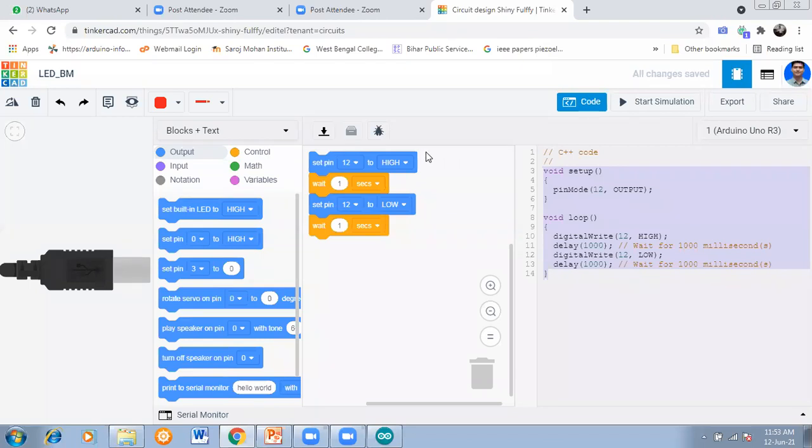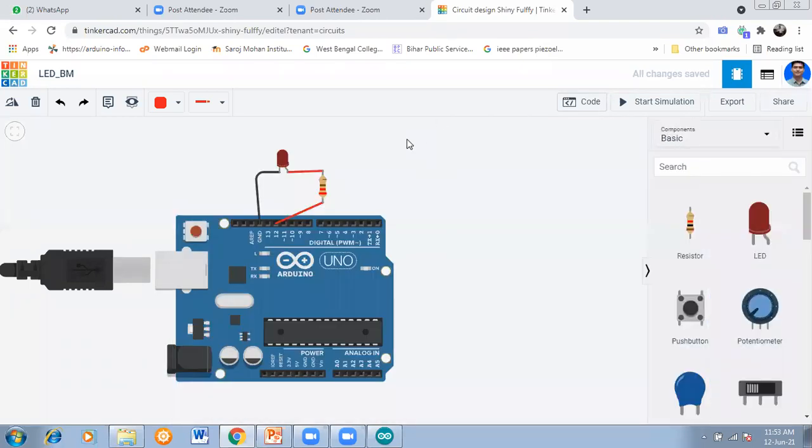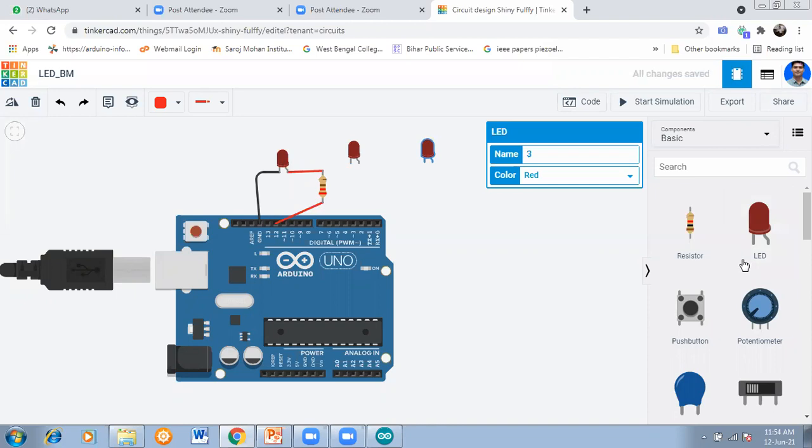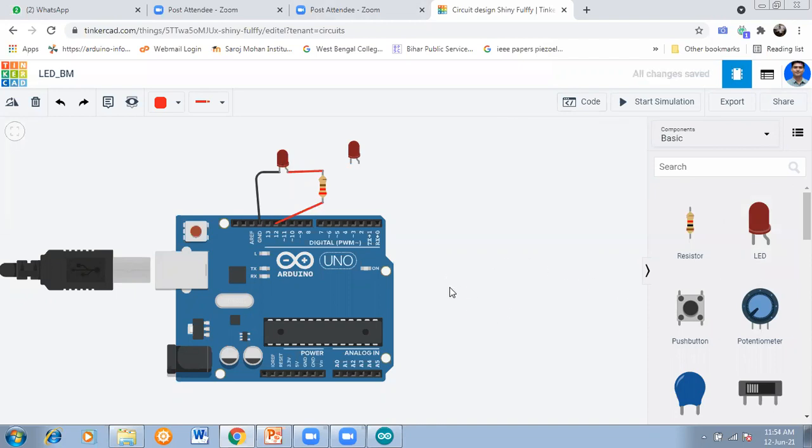So now we'll go for using more than one LED. So then you will be more clear. So suppose we use 3 LEDs. Okay. So click it. I've given it there. So click. You have taken 3 LEDs. So better I can use a breadboard also. Then you will understand how to use the breadboard also. Okay, so I am using a breadboard also.